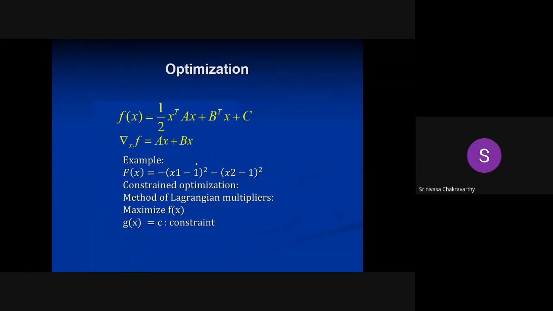Okay, so with this now you can do some optimization. If you just take a pure quadratic form, optimization is very simple because whether it has a minimum or a maximum, everything is happening at 0. So it's a kind of trivial case. But if you take a more general function, where there's a quadratic form and a linear term and a constant term, then it gets slightly more interesting. Of course, the constant term doesn't matter when it comes to the location of the minimum or maximum, but it makes it complete. So let us take this expression: f of x equals half x transpose A x plus b transpose x plus c. Now we want to find the minimum of it.